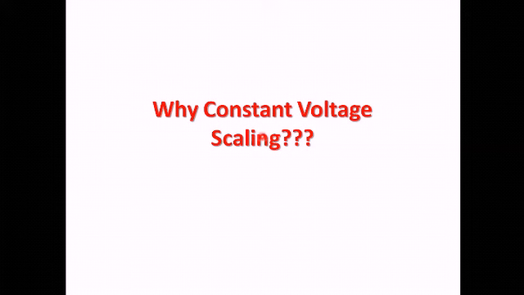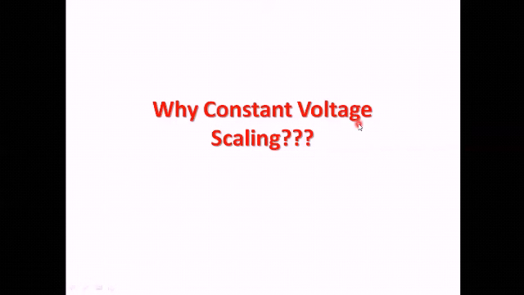So these words I have told are very important, because that's why we are using the constant voltage scaling, like in the peripheral and the interface circuitry, where we need a certain amount of voltage levels for the input and the output voltages. So this becomes complicated when we are using the full scaling. For these reasons, we require the constant voltage scaling. I hope why we require the constant voltage scaling is clear to all of you.